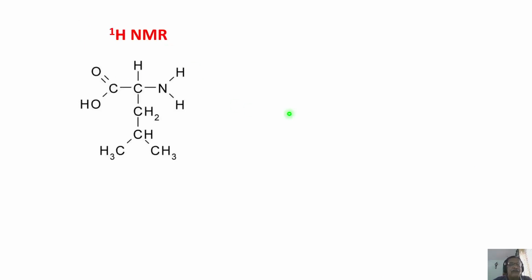Now, the moment I say 1H NMR, what can I get from that? Supposing I have a molecule like this. If I take a proton NMR spectrum, I can get the information about the chemical shifts of all these protons, their coupling interactions, etc. So I will be getting more information about the proton structure of this molecule, proton positions, who are the nearest neighbors, etc. If I want to get the carbon 13 skeleton or carbon 13 information of this molecule, I have to do, say, carbon 13 NMR.